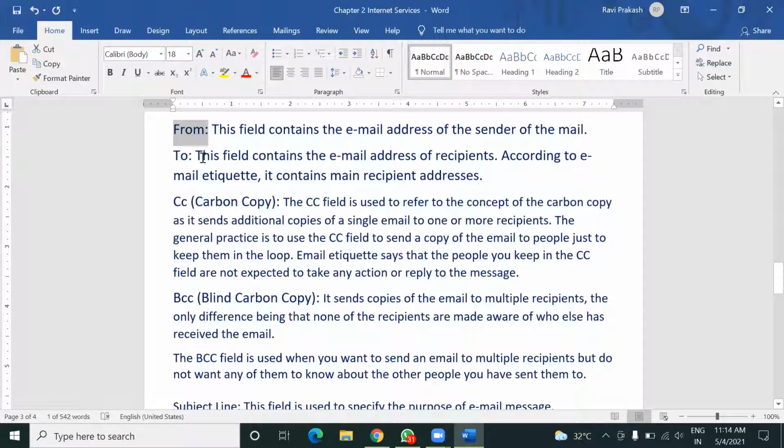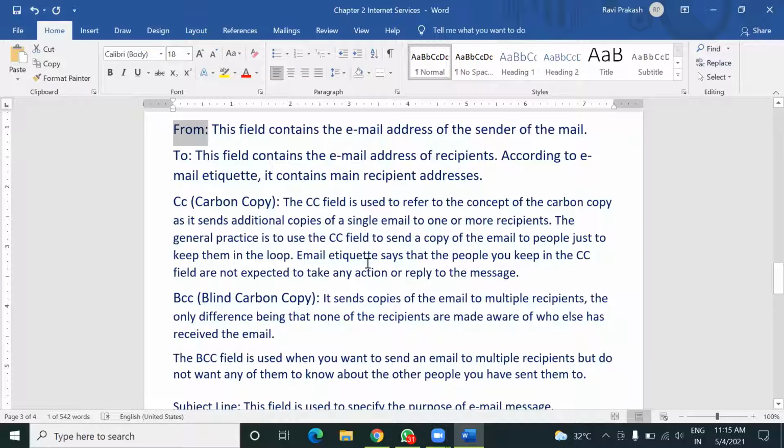See, in the To field, this field contains the email address of recipients. According to email etiquette, it contains main recipient addresses. Next is carbon copy. This CC field refers to the concept of the carbon copy, as it sends additional copies of a single email to one or more recipients.